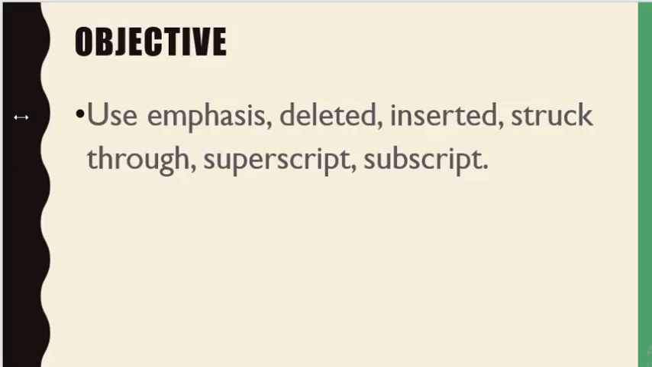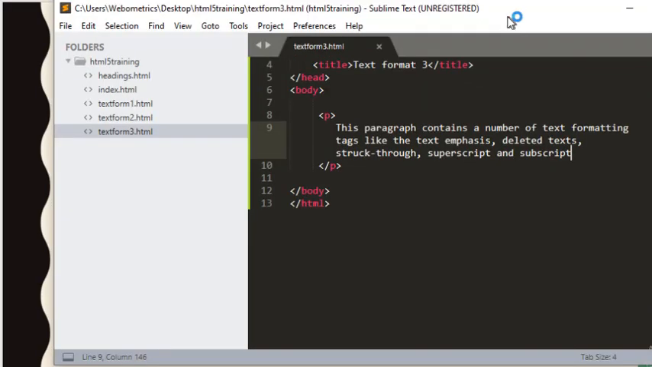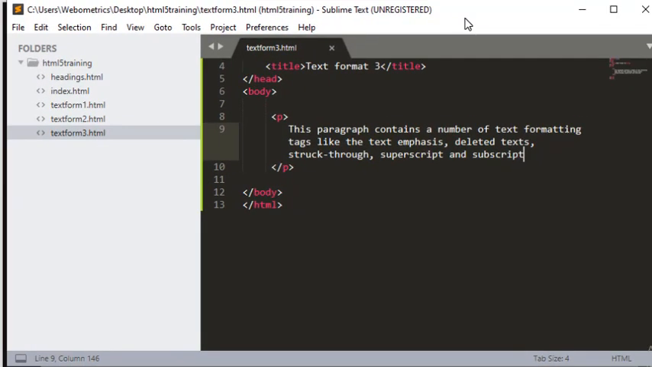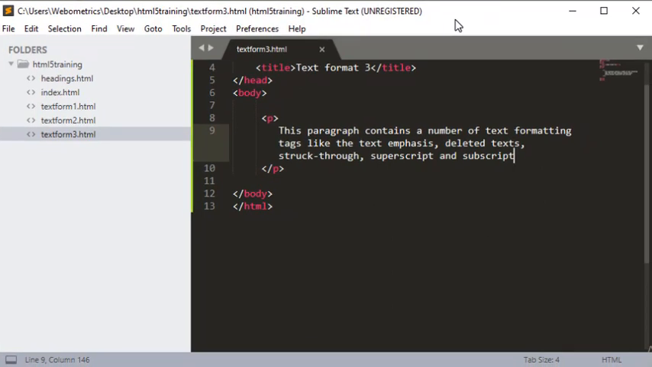What are we formatting now? We are formatting our text using emphasis, deleted, inserted, struck through, superscript, subscript. Emphasis is more of calling the attention of users or readers to actually see that that word is very important, and it is represented using EM. On the Sublime Text editor, I have been able to create this for us